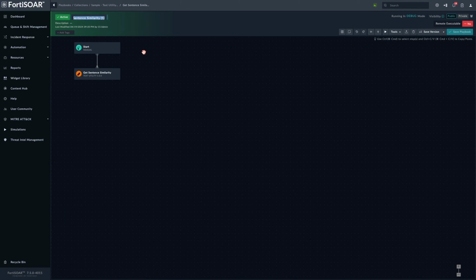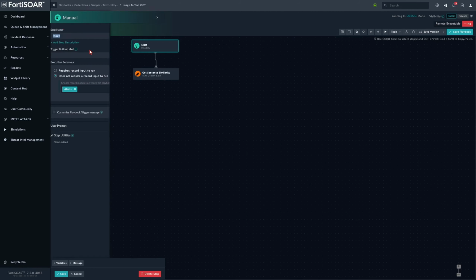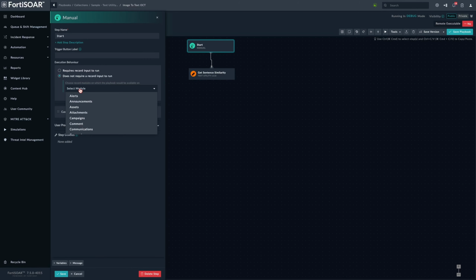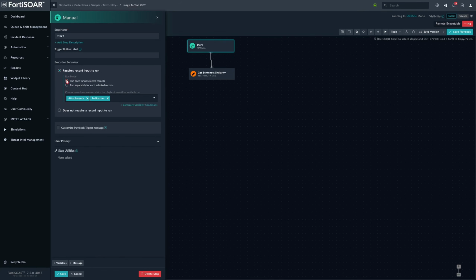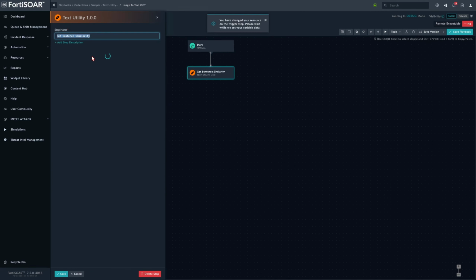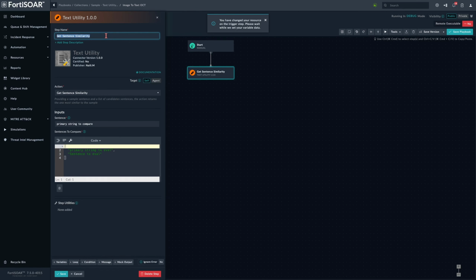So second action is image to text OCR, and the trigger would be on the attachment module or the indicator module as well. We will need a record, so basically a picture or an image to operate on. And so same thing here. This is image to text,